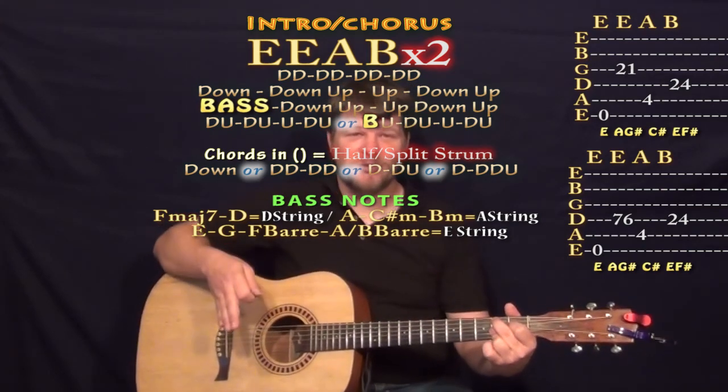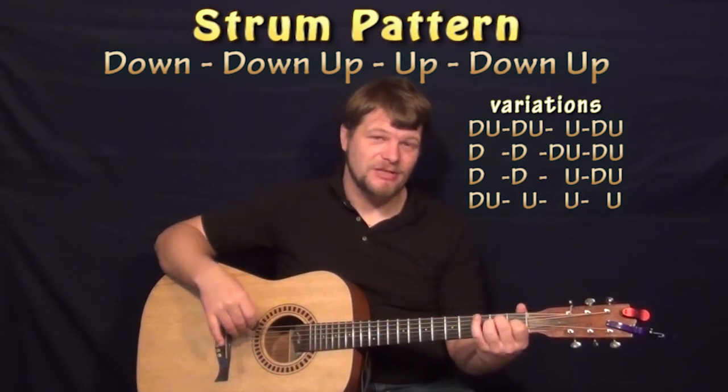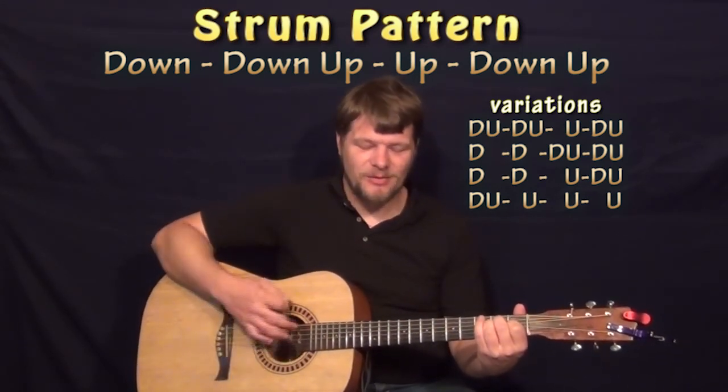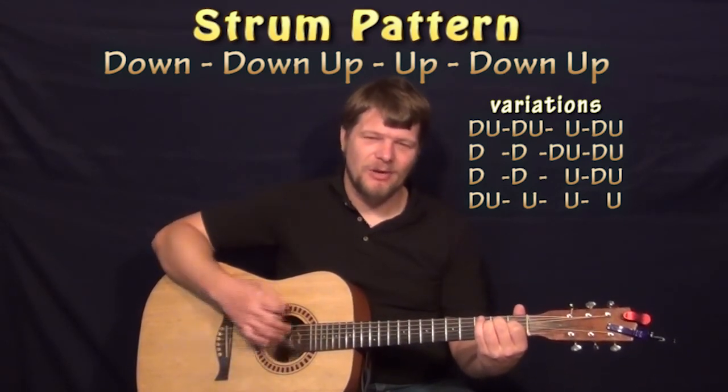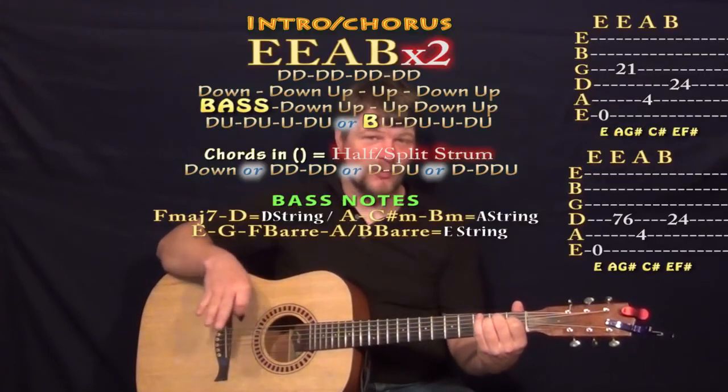Or one of my favorite strum patterns for a 4/4 like this is down, down, up, down, up. So if you took the E and just tried that a lot, you'd have down, down, up, down, up, down, down, down. And a cool variation of that could be